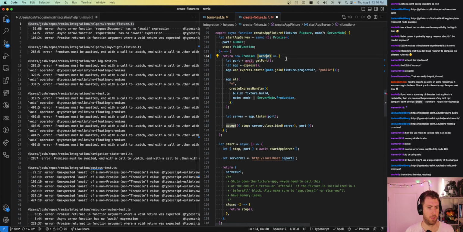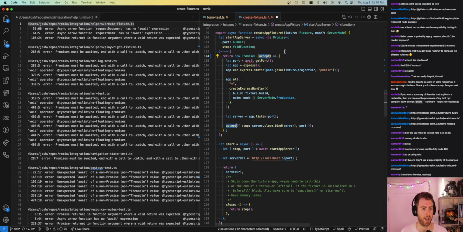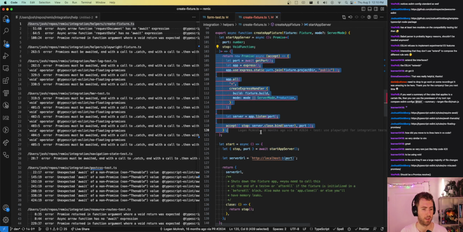And they call it accept. I would typically call this... Why is my keyboard not allowing me to rename? Oh, well. I would typically call this the resolver, or resolve. Interesting. Get port returns a promise. I don't know what to do here. Let's